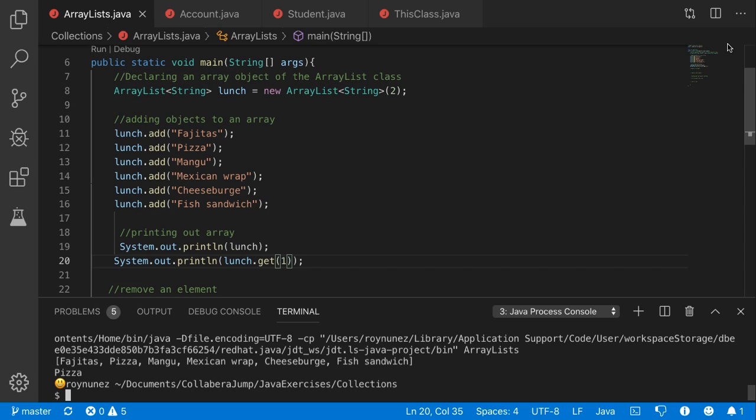Okay. So that's element number 1, not our first. Stand corrected. Okay. So now say we want to remove an